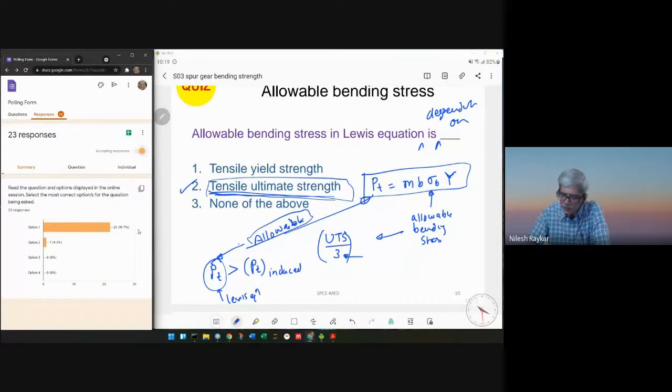Now the actual force which is acting, we have already done by the force analysis. So force analysis gives us the theoretical value of PT. Now this PT value is not used as it is because there are some considerations which need to be taken into account while correcting it. So first thing is because of the service effects.